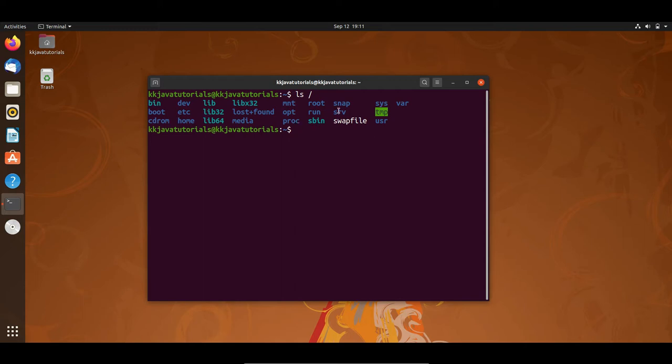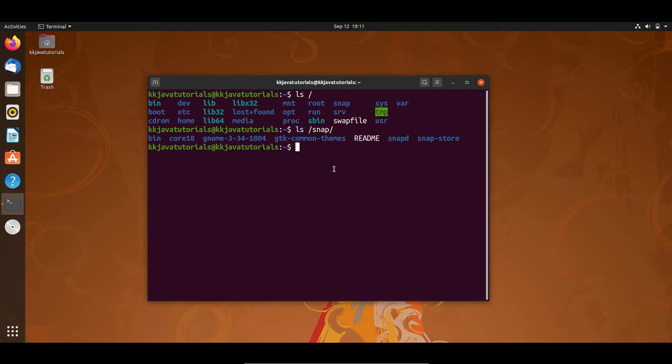Let's say I go inside this snap directory. So I will say ls /snap. The slash is the root, and I would like to go into snap, and if I do ls, then here you can see these are the directories as well as a file. There is one file and the rest are directories. Let's say I would like to create one directory or file within snap, and this snap directory is available in my root directory.